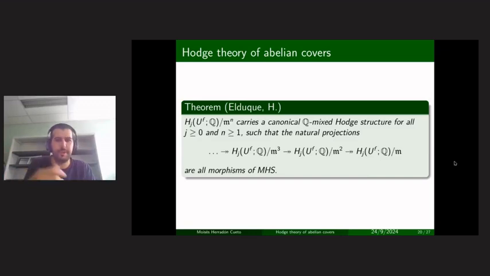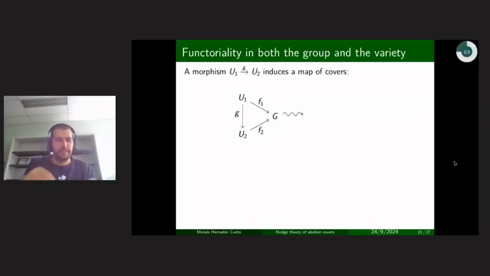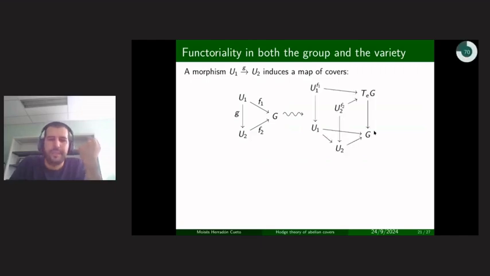You have a map of varieties. It gives you a map of homology groups. And we have a similar thing here. But here I have two things. I have U and G, and I could change either. So let me talk about what happens if I change one or the other. So say I stick with the same group, and I take a map of varieties. And each variety maps to the group by these maps of pi 1 to F2. And say, of course, assume that the map between varieties is compatible.